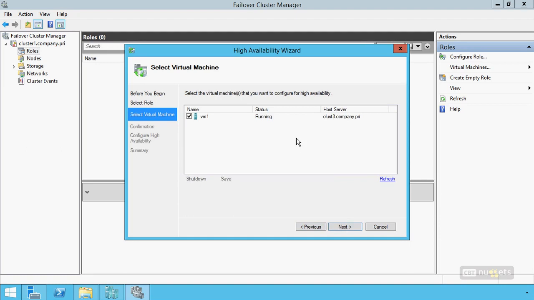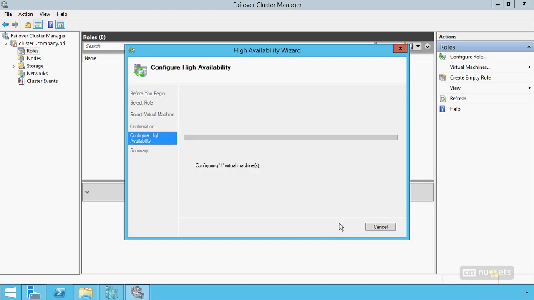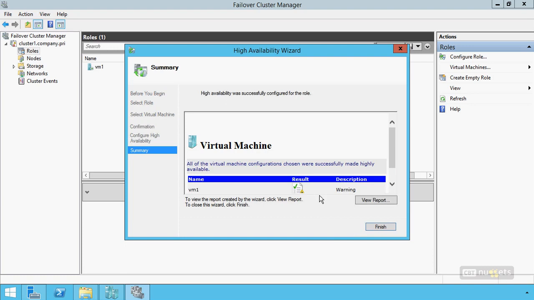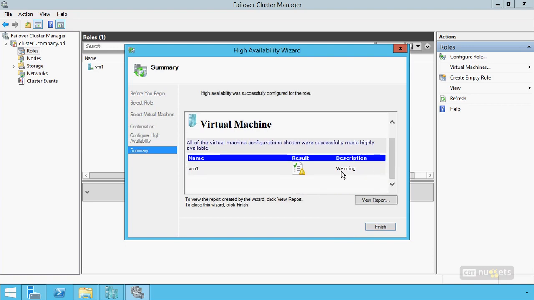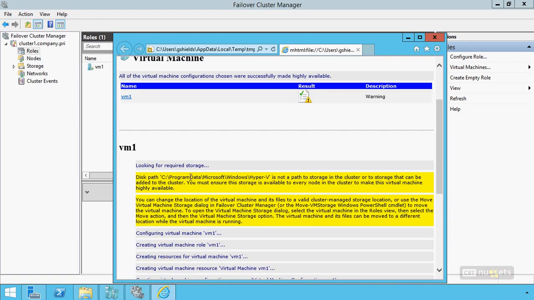to configure it for high availability. Now, when I do that, one of the things that's pretty curious about the process you'll notice is that configuring the virtual machine for high availability completes the process, but doesn't do it actually correctly or fully. There's an interesting warning here that says, hey, wait a minute, the disk path for this